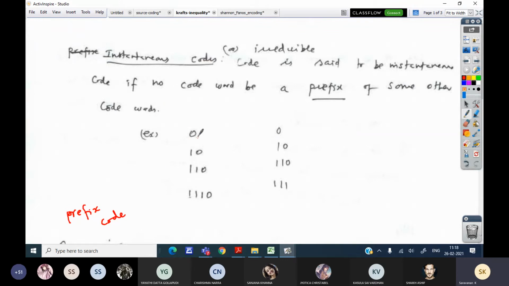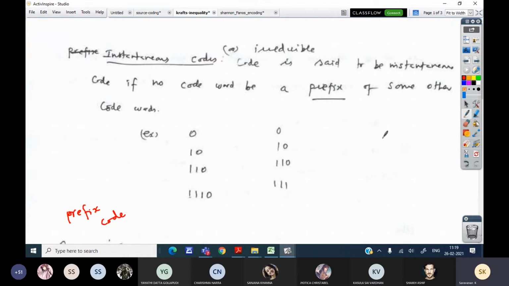So if we check, 0 is not a prefix of these three code words. Take any one code word and compare. No code word is a prefix of any other code word, then it is said to be an instantaneous code or irreducible code. So 1, 0 is not going to be a prefix of any other code word.